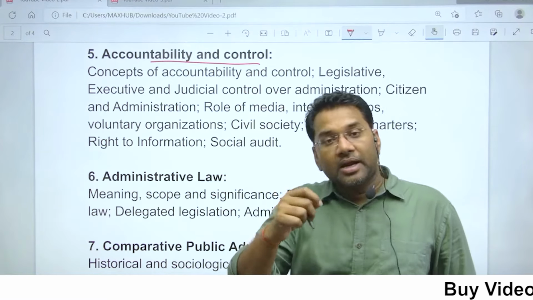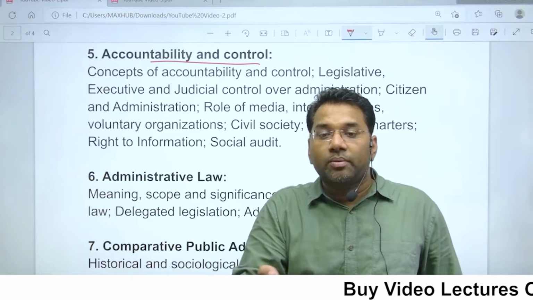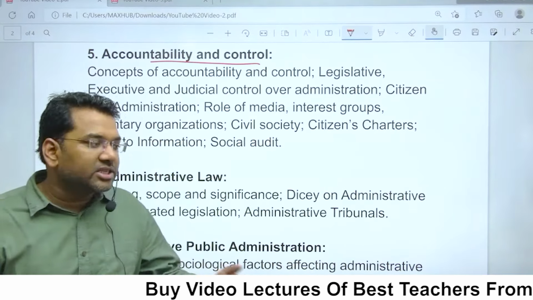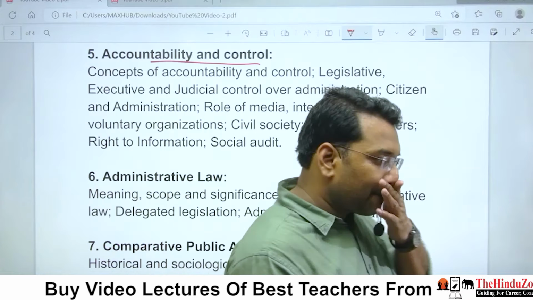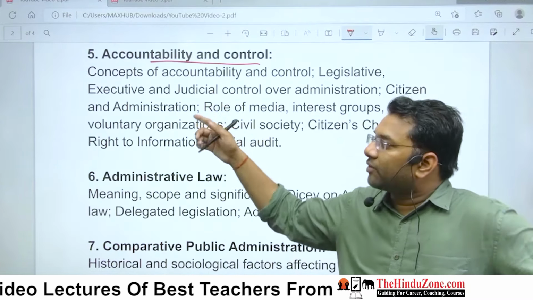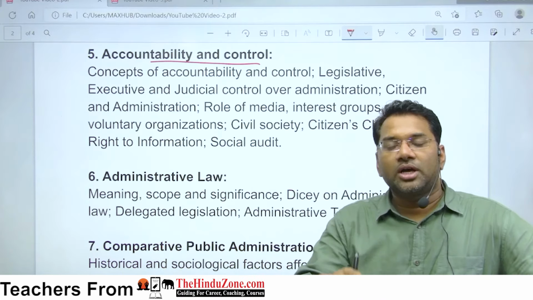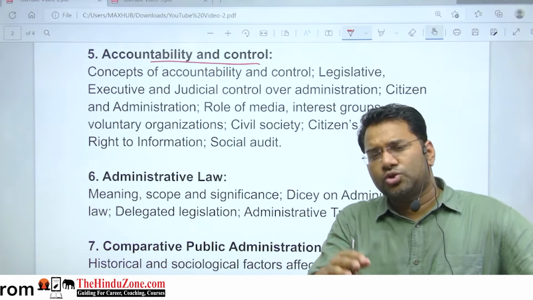In this, Parliament is also exercising control over the government. Government जो भी चाहे वो उस तरीके की पॉलिसी नहीं बना सकती है. The Parliament will be exercising the control over that. ठीक है? So under this topic, we will understand how the Parliament is exercising control, how the judiciary is